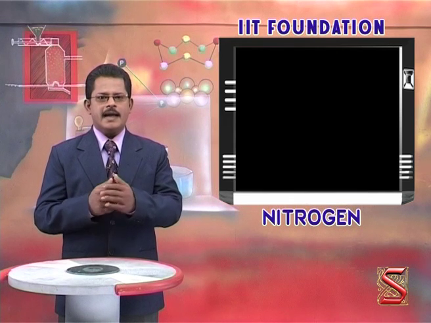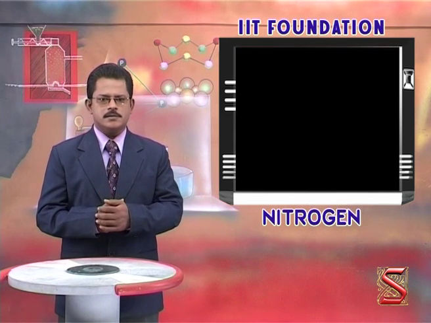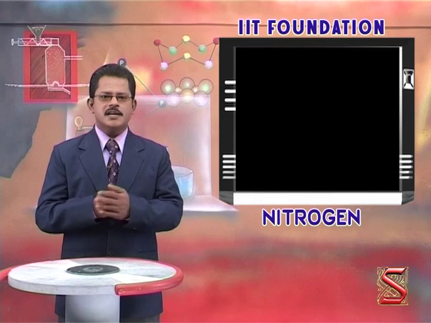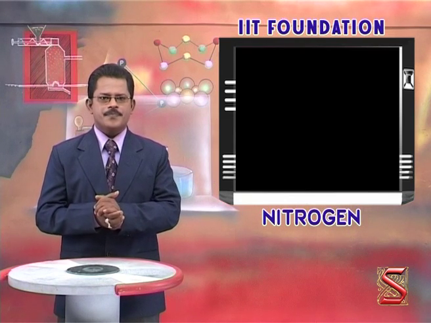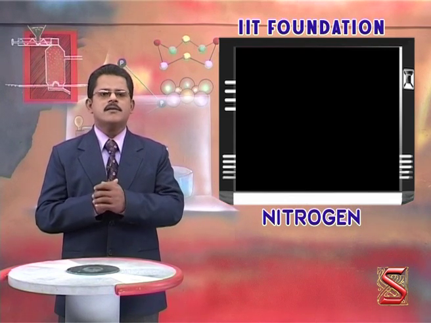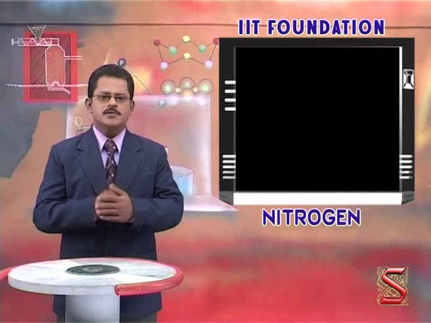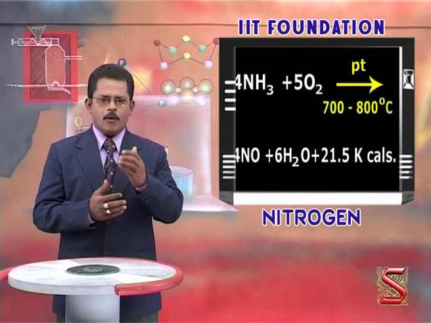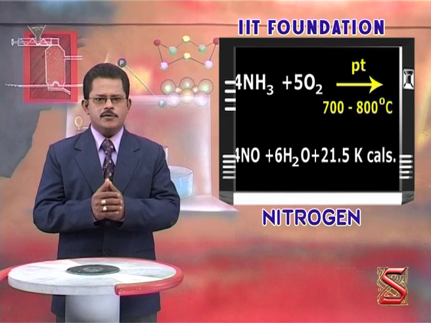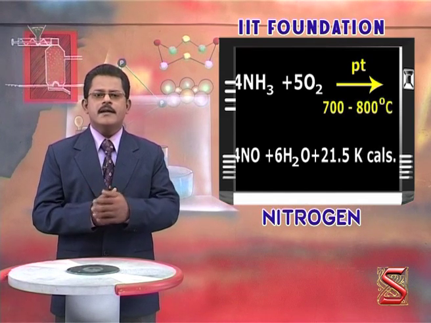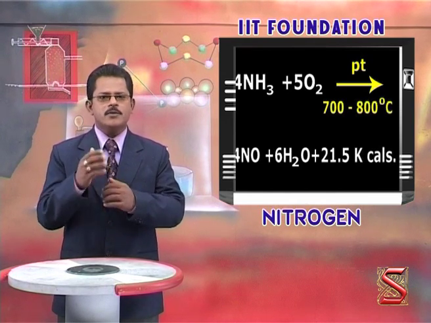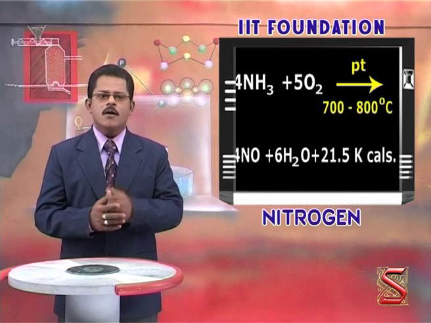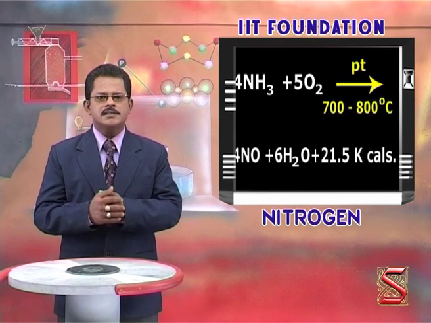Manufacture of nitric acid by Ostwald's process. Step 1, first chamber, catalytic chamber. Conversion: catalytic oxidation of ammonia to nitric oxide. 4NH3 plus 5O2, in the presence of platinum at a temperature of 700 to 800 degrees Celsius, gives 4NO plus 6H2O